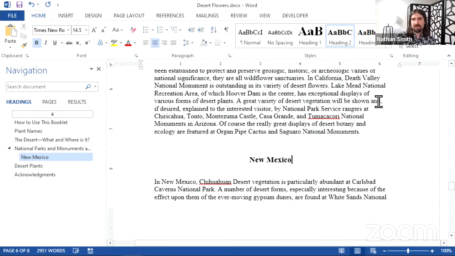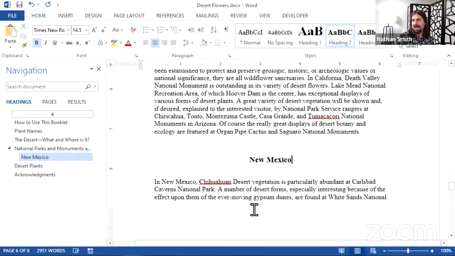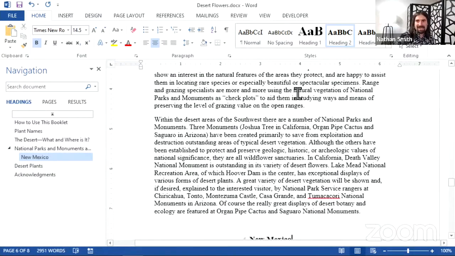So you'll notice when I selected heading 2, the text is a little bit smaller. And you'll notice over here, I have national parks and monuments as wildflower sanctuaries, and then indented underneath it is New Mexico. So by using these heading styles consistently throughout the document, can